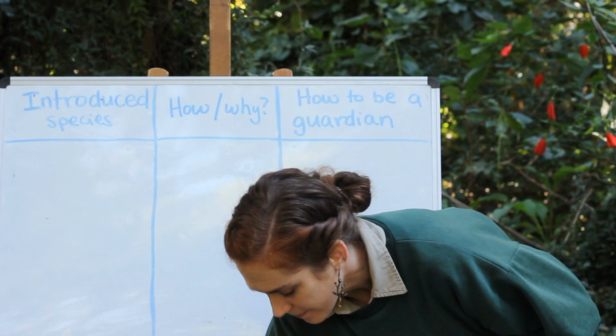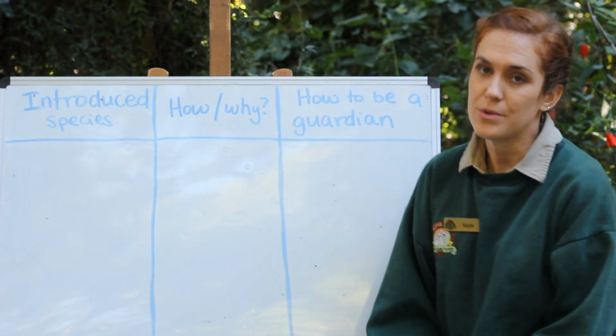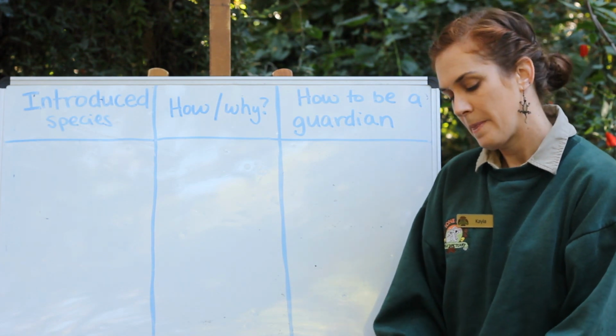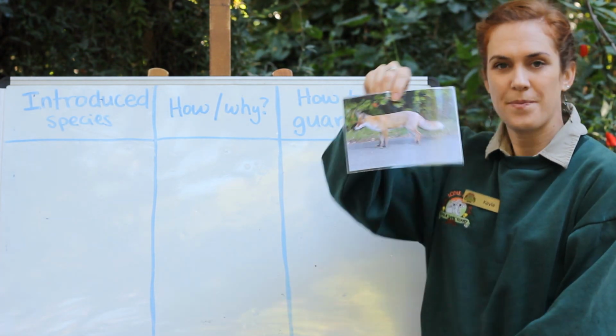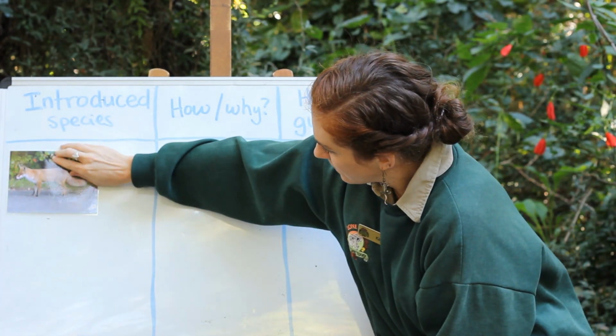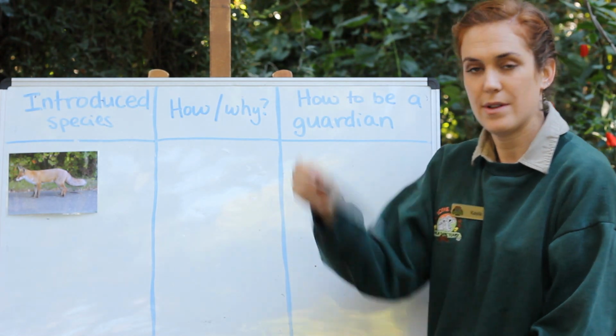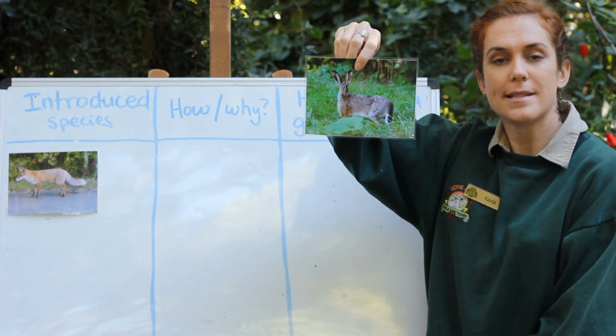So a few of the invasive species that we do find here in Australia, or introduced species, we've got foxes, we also have rabbits,